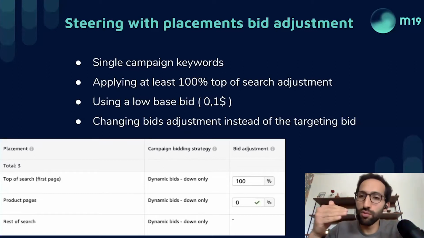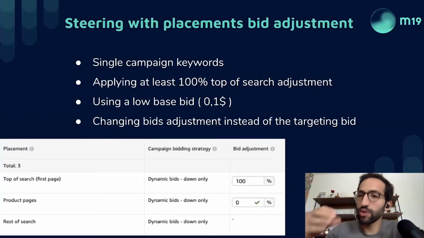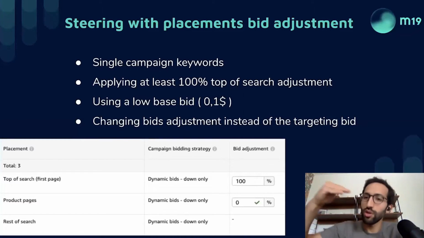If you still have room and you want to increase your bids, for example, you don't get enough traffic on this keyword, and you have a base bid of 10 cents and an adjustment of 100%, which means that the bid can go up to 20 cents. You want to allow it to go to 40 cents. It means that you need to go from 100% to 300%, so as to allow the bid to go from 10 cents to 40 cents.